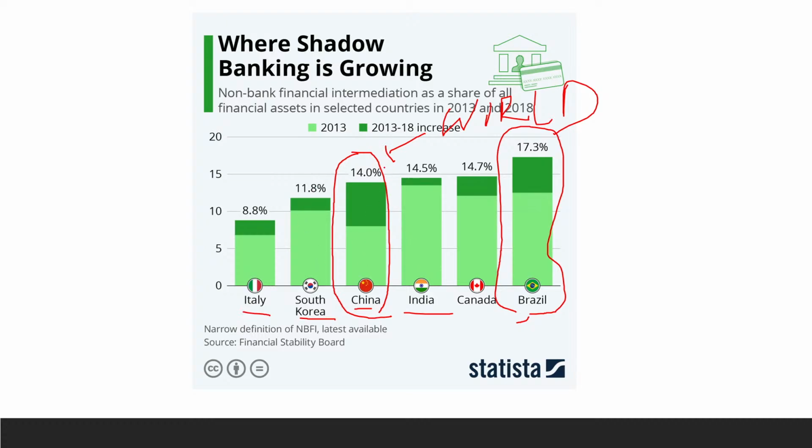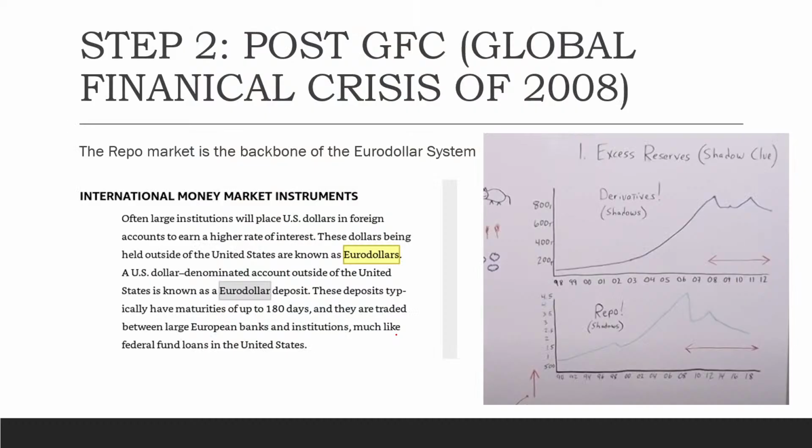But why does China need to do rate cuts on their bonds? It's telling us that something is going wrong, and China needs to stimulate growth, even though their economy has had a head start from everyone else from last year to produce all these other goods and services that they export. So, how do we know what has gone on after the GFC? As we said before, the repo market is something that I pay attention to